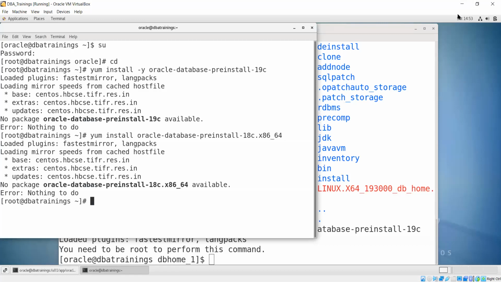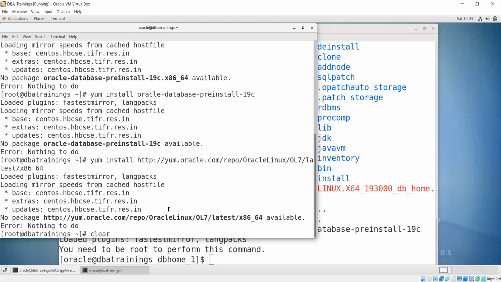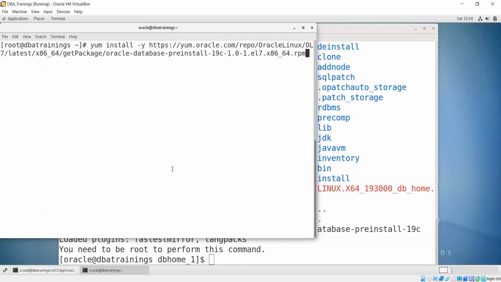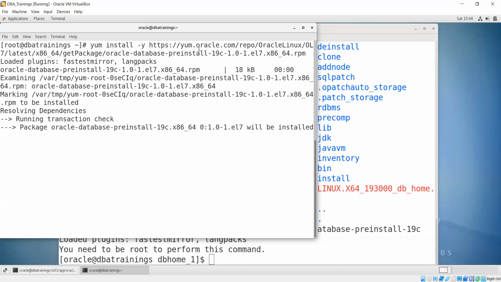In this case I can use the lower version repository if it is not available on CentOS, and then we can do it. No problem. 18C is available, so we can use that pre-install. It doesn't make any difference. The prerequisites are the same for both. As for the repository, I don't have it as of now for CentOS. So what I can try is to get it from Oracle Linux, and it is going to work somehow. Let's see what result I am getting.